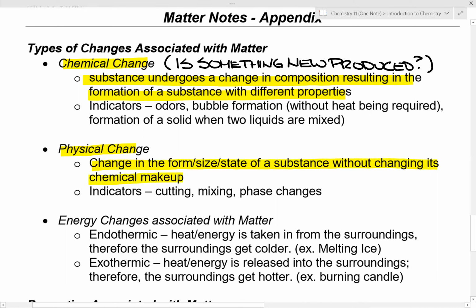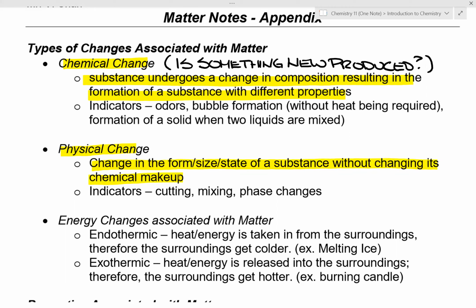In this case, is something new produced? Okay, again, no new substance is produced. So for example, if we talked about the melting of water, where you go from ice to liquid water to steam, even though you might have changed the phases, what happens is water is still H2O. It still has certain characteristics. So that is something that you have to think about between chemical and physical change.